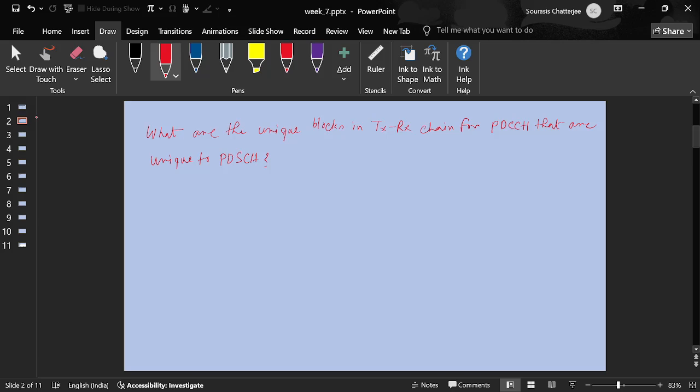Is there anything else that is absent in the PDSCH chain but is there in PDCCH? So one more change is there: for the previous stage we are receiving multiple transport blocks from MAC, but for PDCCH there will be only one. Okay, but fine. But I'm talking about when it comes to implementing the transmitter chain, what are the unique demands for PDCCH, and that requires some new